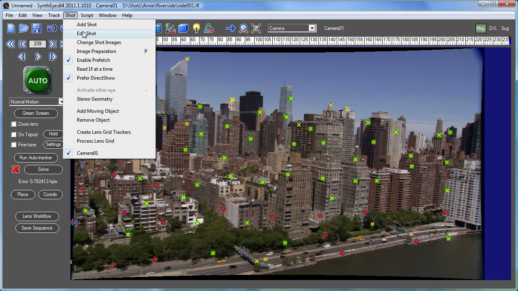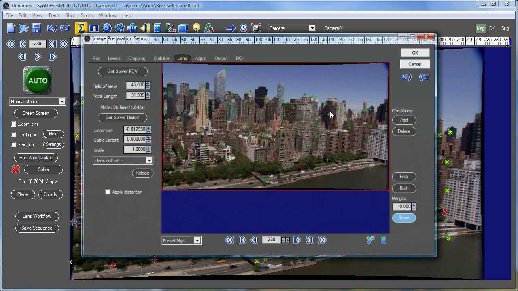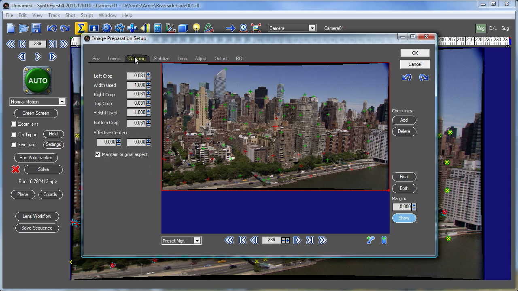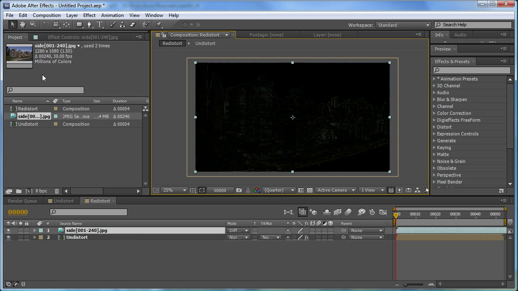So a piece of information that we're going to need is the final resolution of this shot. And SynthEyes has added some padding to the shot to be able to do what it's doing here and preserve the resolution of the original as much as possible. So we've got 1360 by 1148 is the padded size of the image, and that's being done out here in the image preprocessor. So now let's go over to AfterEffects,